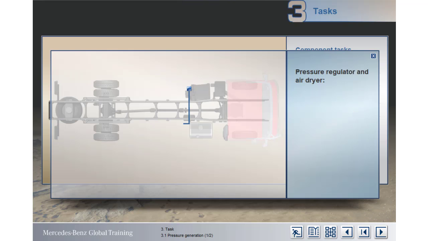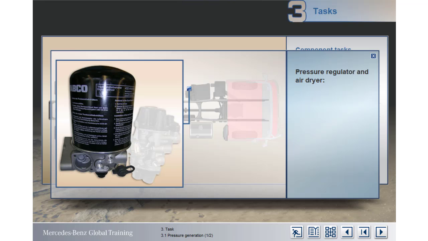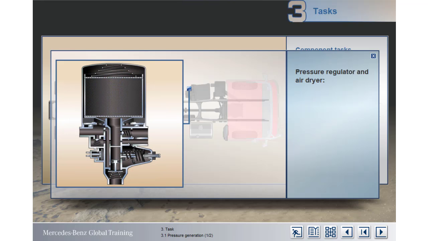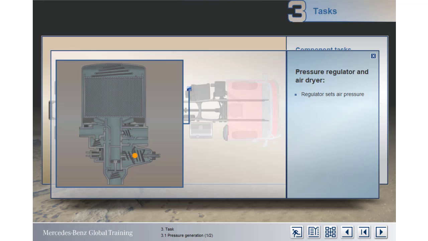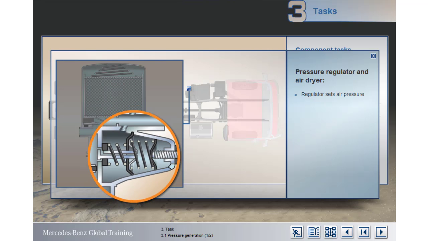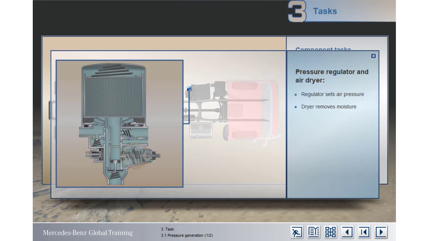From the compressor, air pressure reaches the combined pressure regulator and dryer unit. The regulator sets the maximum level of pressure in the system, and the dryer removes moisture from the air. It's essential moisture is removed because any water in the pipelines or components could cause corrosion or freeze in winter,